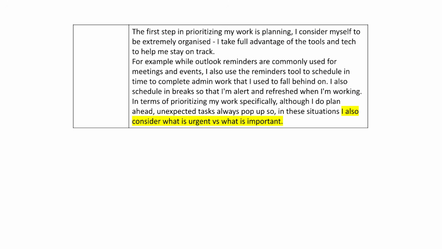So when you include two effective and relevant short examples, it's basically a slam dunk answer. Now, there's one other thing you need to be aware of that is included in this answer, and that is here where you highlight your ability to determine urgent versus important. I highly recommend you include this in your answer if you're answering a STAR method question about prioritizing work or conflicting priorities, because sometimes you have two things that seem just as important, right? So you need to show that you have a way or a system of determining what is the most important or what is the top priority.